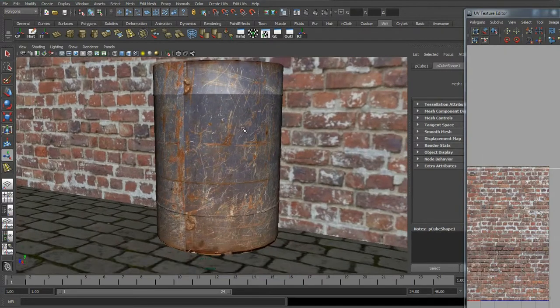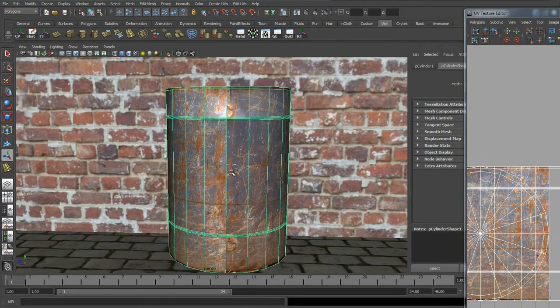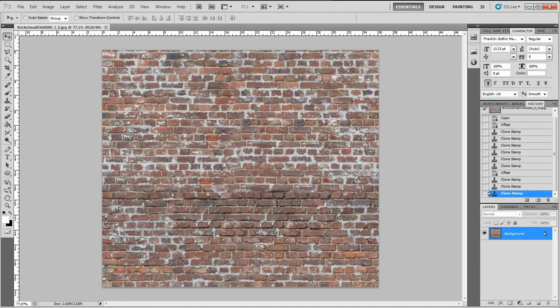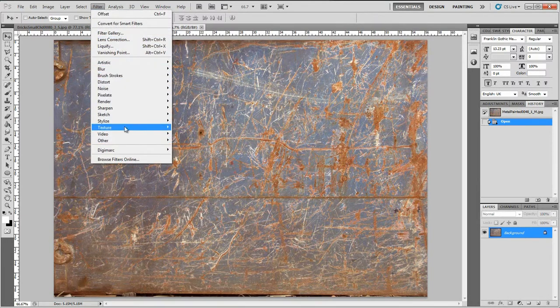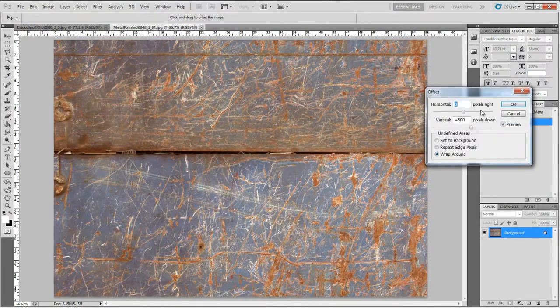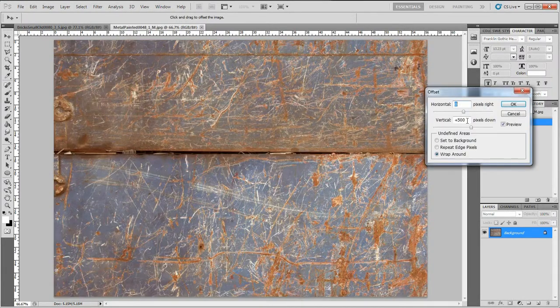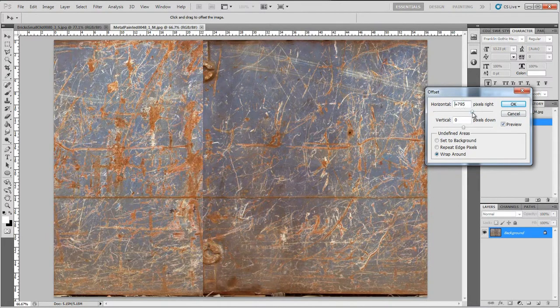So the end of our cylinder still isn't joined up properly, so again we'd have to go into Photoshop and join up the texture. So I'll drag the texture as a new file into there. I'll go to Filter, Other, Offset. I'm not worried about the vertical, just the horizontal, so I'm going to move that over there,